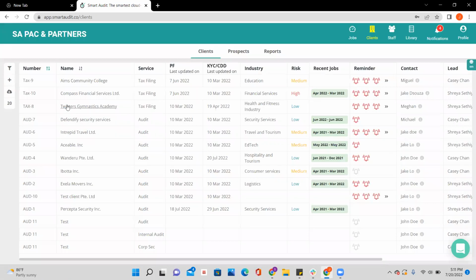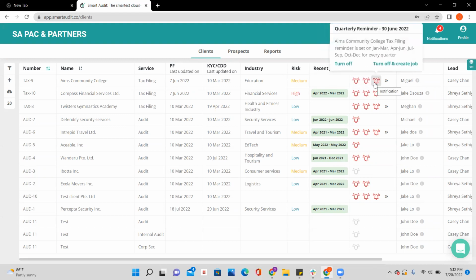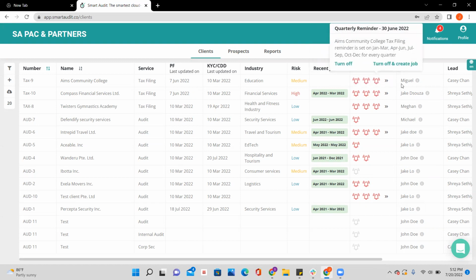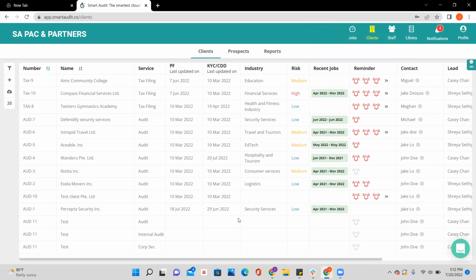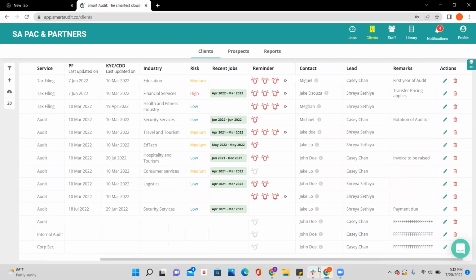Once you add a client into the system, this is the client summary which will appear when you update the client master data, like what is the risk level of the client, industry, KYC, whether you have done the due diligence, whether the permanent file is updated. You can also add reminders. For example, if you have an audit assignment for which you want to be reminded, let's say December, you can set a reminder into the system. And then there are some details like client lead, and remarks if you want to put. So this is how your client